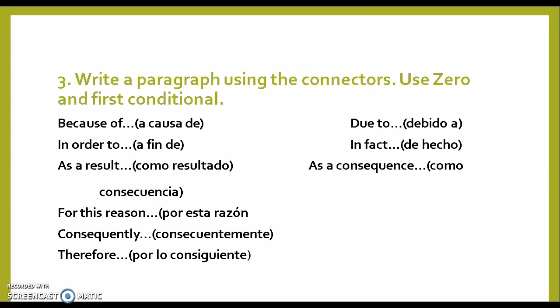Finally, you have to do the exercise number 3, where you have to write a paragraph using the connectors. These are the connectors. And also you have to use the zero and first conditional sentences. The connectors are because of, a causa de. In order to, a fin de. As a result, como resultado. Due to, debido a. In fact,